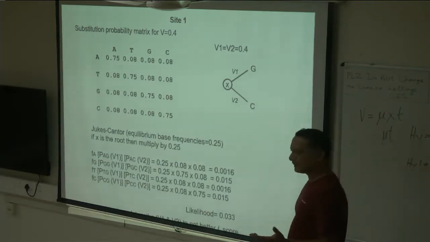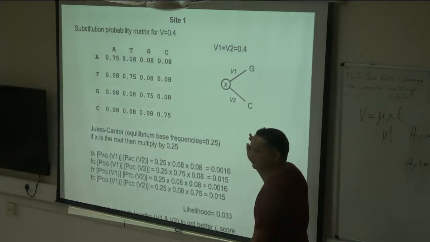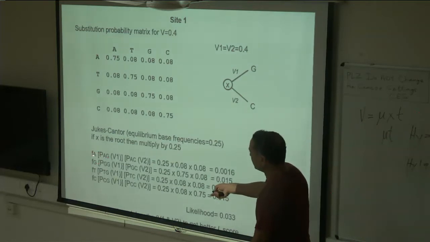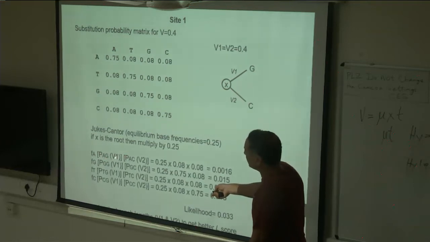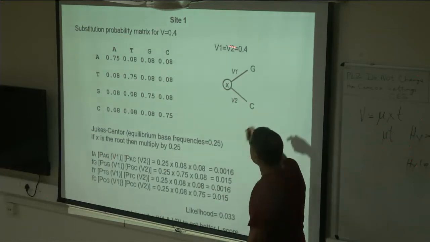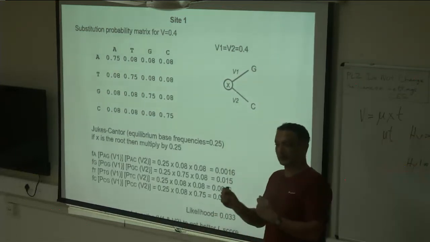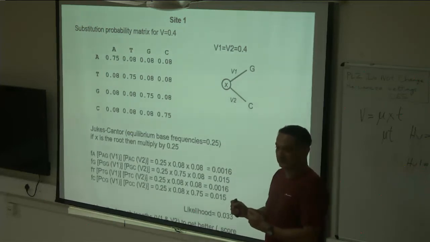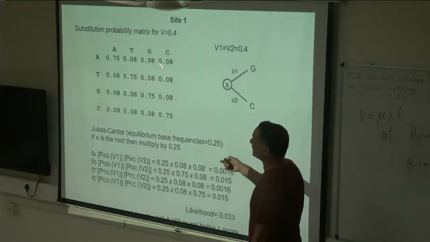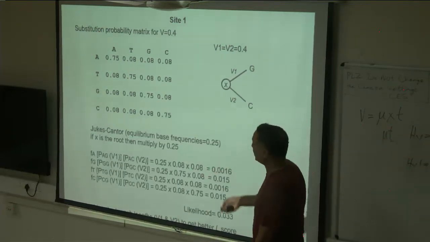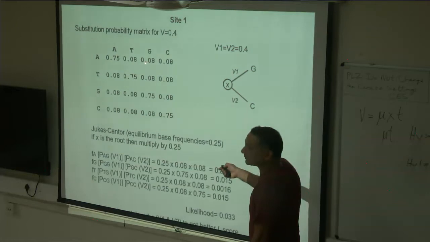So again, we go back to this simple tree. And we assume equilibrium base frequency is 0.25. Okay, so that means this becomes 0.25. Probability of change from A to a G given branch length of V1. And let us assume branch length is 0.4 for both the branches. Actually, we should play around with branch lengths to come up with the higher likelihood, but that's too complicated, so we just say it's 0.4. Given branch length of 0.4, these are the transition probabilities, right? So change from A to a G is 0.08.